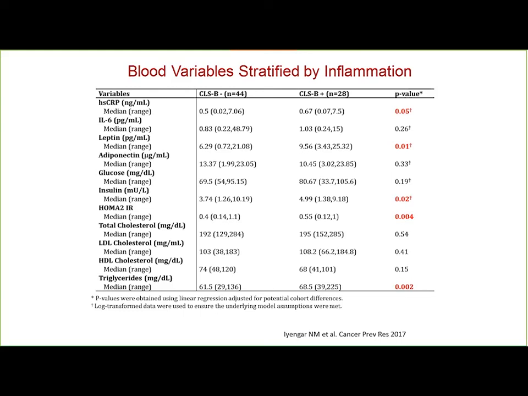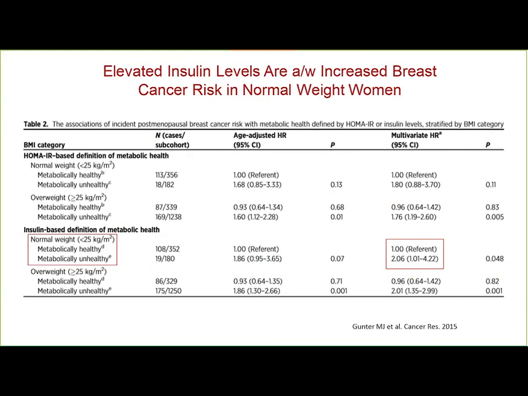So you then have to ask whether or not these circulating changes are important and what their significance is. A different group recently reported that elevated insulin levels are associated with increased breast cancer risk in normal weight women. So here you see the data. Everybody, consistent with our study, had a normal BMI, and then they were either metabolically healthy or metabolically unhealthy as defined by their insulin levels. And those who are metabolically unhealthy because they had elevated insulin levels had a doubling in their risk for breast